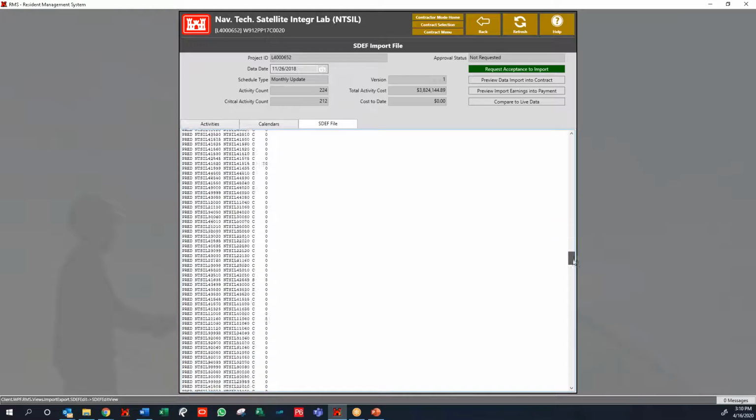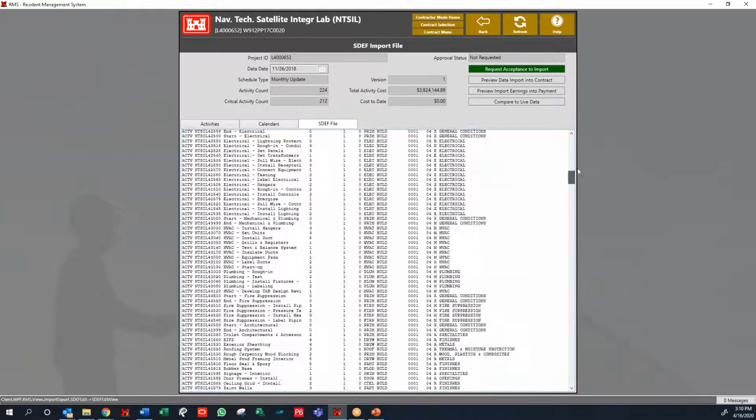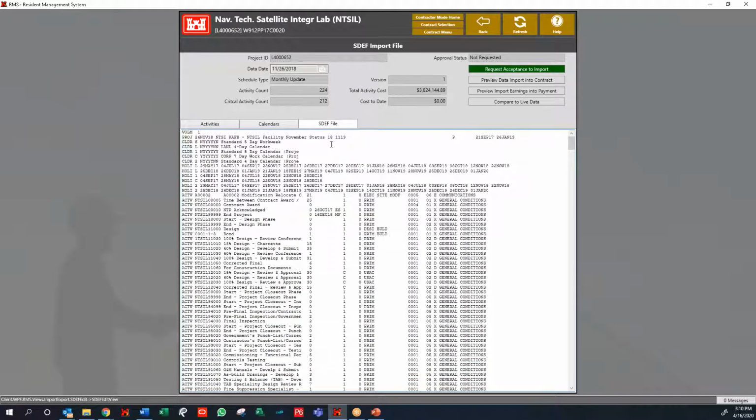If you've ever had to manipulate back in the day, I feel for you. It's not a lot of fun because spacing and columns and everything has to be right. So I'm sure you all have seen it. And those things will cause errors. So give us our basic thing. We're doing a monthly update. Here's our activity count. Here's our critical count, which this one's high on the critical count. Our version, our cost to date. So this is obviously an old stuff, but